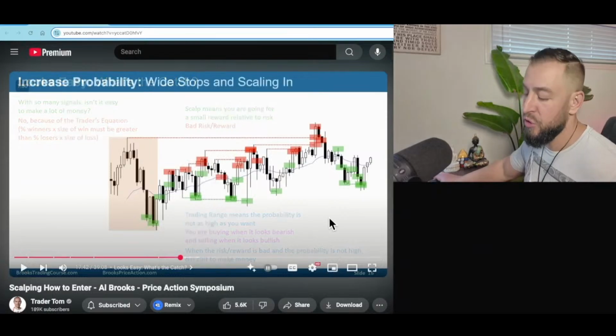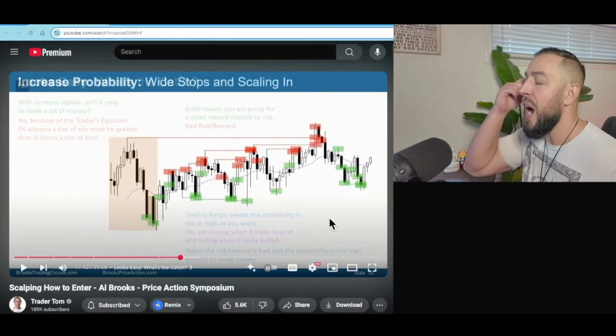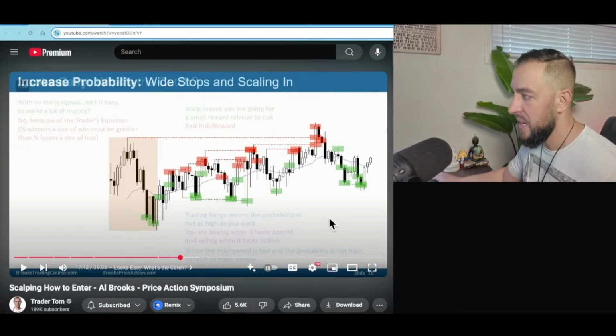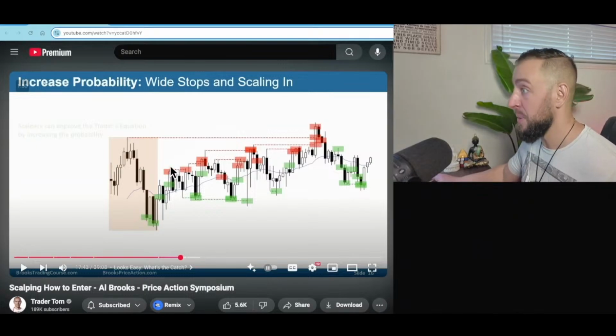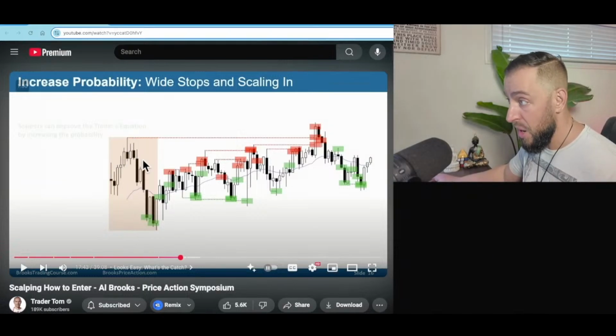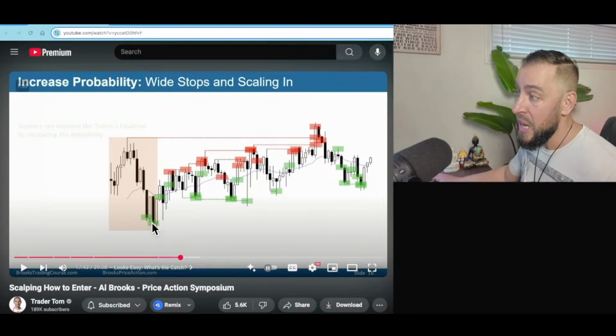Again, with reversals in trading ranges, you need to think in terms of the opposite of a trend. It's a complete opposite thinking. So instead of thinking that when the trend is strong, that you need to enter and get on the move because this baby is going up, it's the opposite. You need to expect that the price will look bullish and look strong and then do the complete opposite. Same with bearishness. Look at all these bear bars. Strong breakout to the downside. Pause. Another strong breakout to the downside. You're like, okay, look, this baby's going down. We've got all these strong bear bars. But then look, the price did the complete opposite, okay?